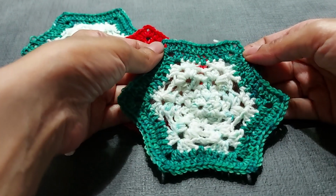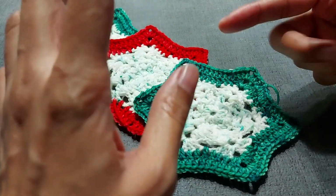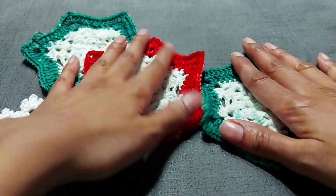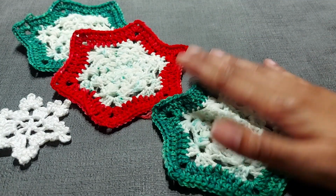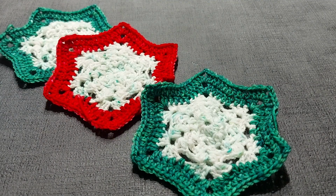Today we are working on a snowflake hexagon, and these are so versatile. You can make blankets with them, you can make tops with them, you can make ornaments with them, you can make stockings with them, coasters, all sorts of things. So they are super easy, and in one of our future videos we're going to make a stocking with it,